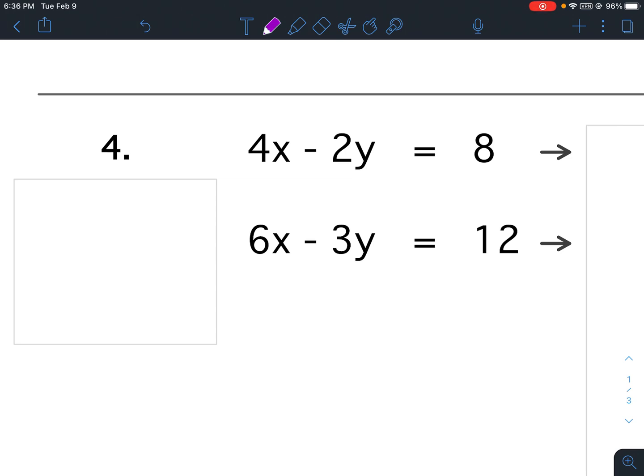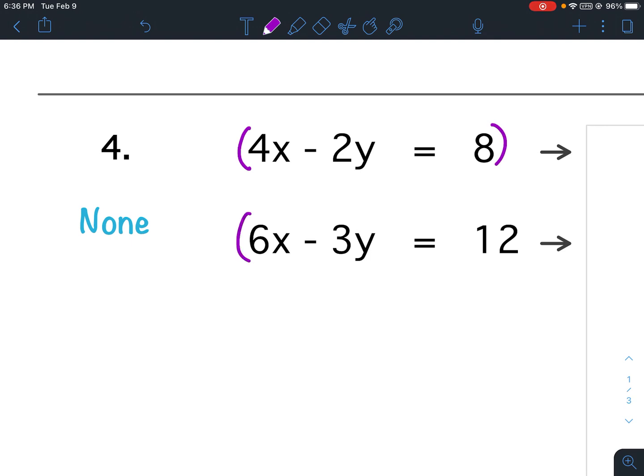Does 2 divide into 3? No, so 3 is not a multiple of 2. So in other words, this is one of the none of the above problems. And when it's none of the previous 3, that means we're going to have to multiply both equations. So we're going to multiply both the top